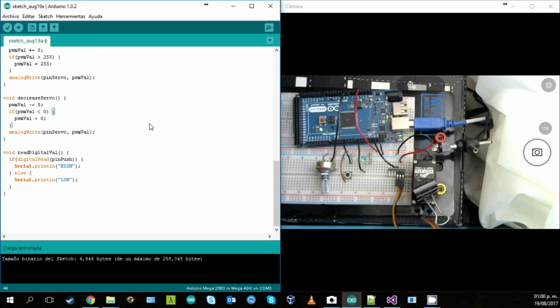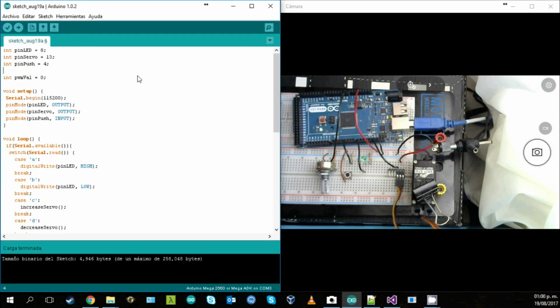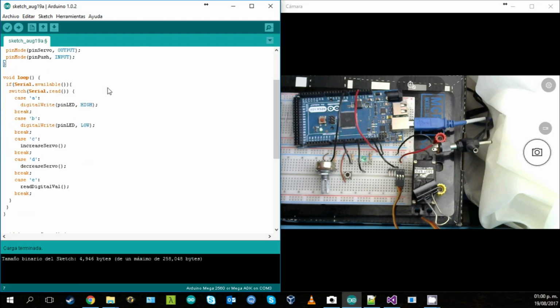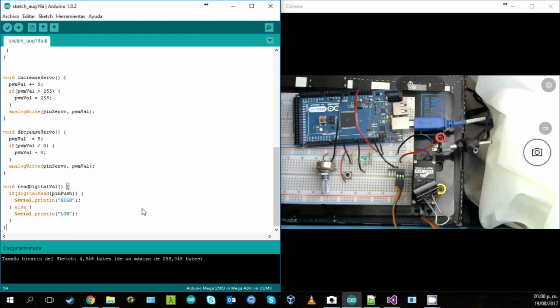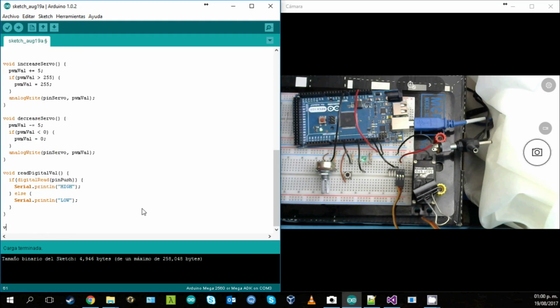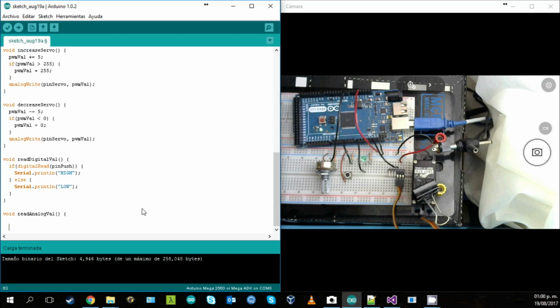The next step is to catch some analog values. So the first thing to do here is to declare the pin where the potentiometer is set. In my case, the analog port is the port 0 in my Arduino Mega. So I will also write a function read analog value for reading this value,